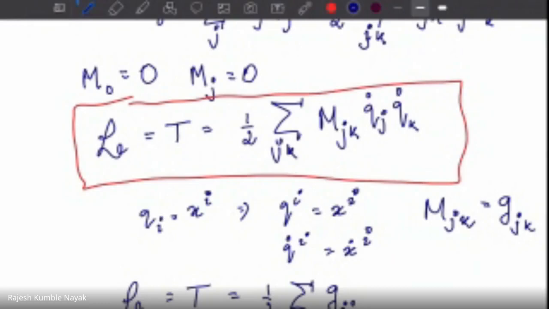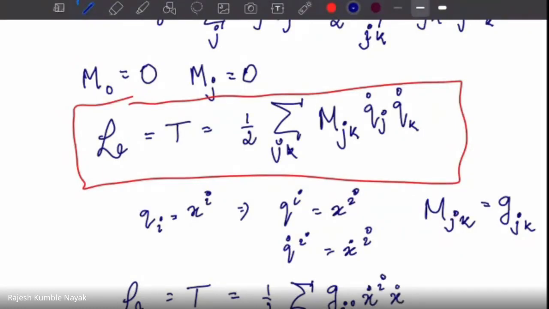So we have replaced m by g, and I have also replaced the indices j and k by i and j. These are dummy indices. You can call dummies anything. They won't get offended. So I call them ij, and this is what my Lagrangian looks like. Now we follow the Einstein summation convention.